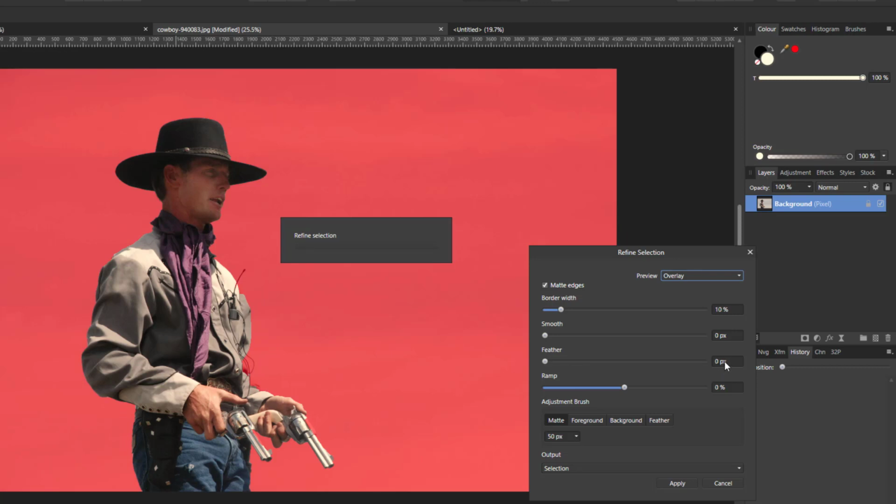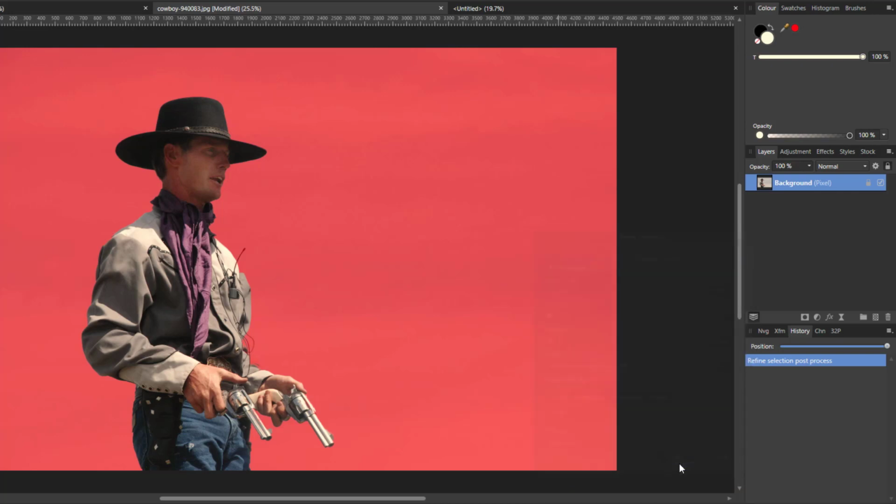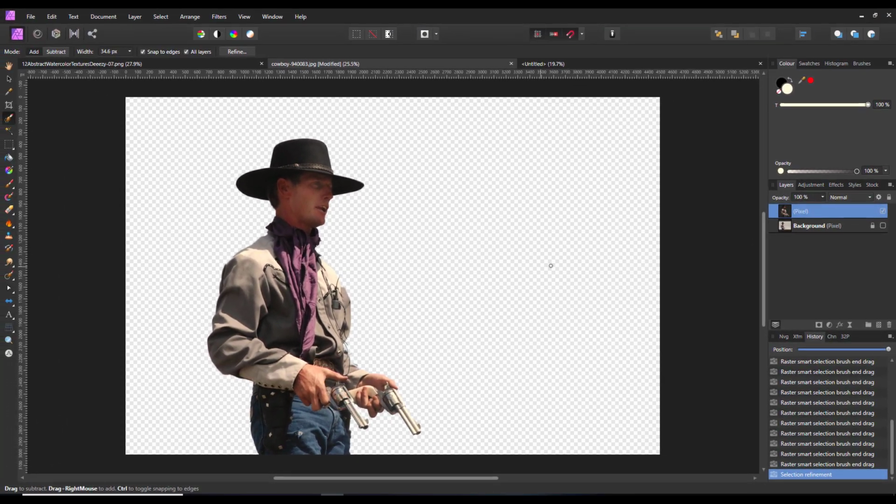And I'll wait for it to finish, just do a quick 0.5 feather to soften those edges a little bit. And then what I'm going to do is change this to new layer and click apply. So that image is now on its own layer,